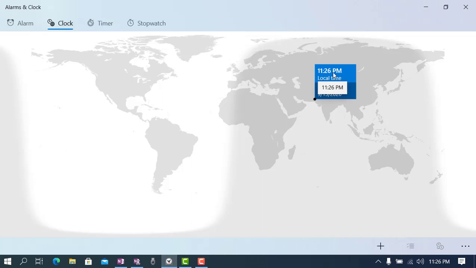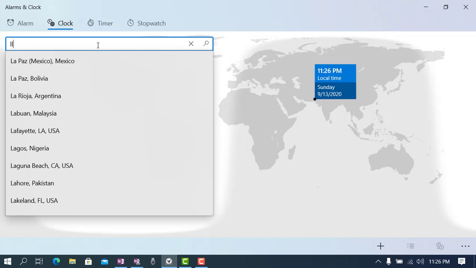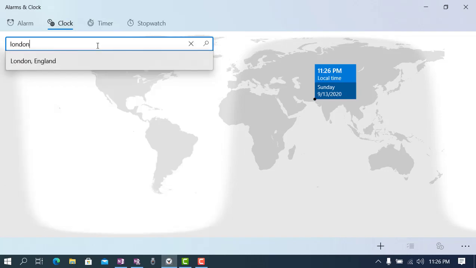For example, if we want to add another country's or city's time, date and local time, we click on the plus sign and type the location of this country. For example, we want to add London time, so we type London, England.